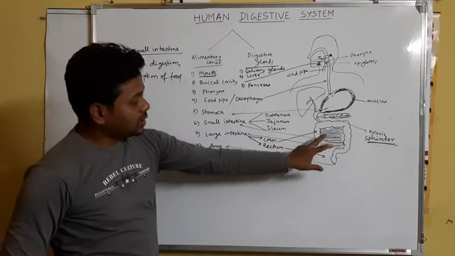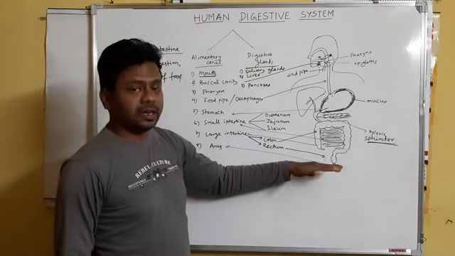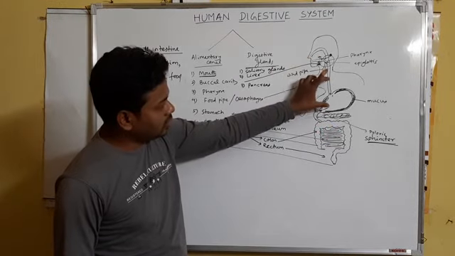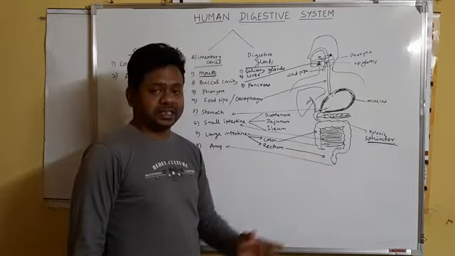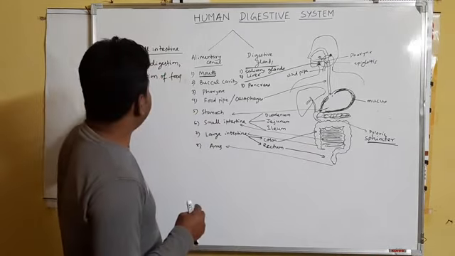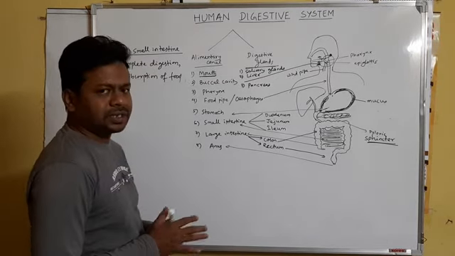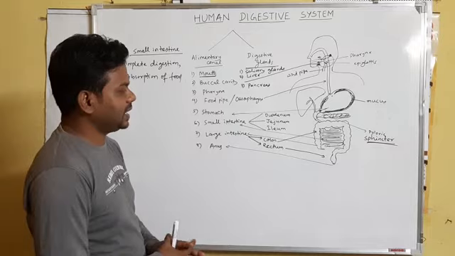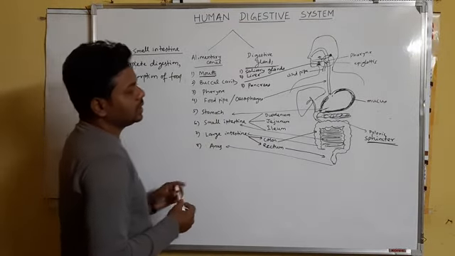That is why the small intestine is the longest part of the alimentary canal. If you find the length of all the parts, the greatest length will be in the small intestine. Why? Because it has to do these two things. To do complete digestion, meaning complete breaking down of food, inside the small intestine,